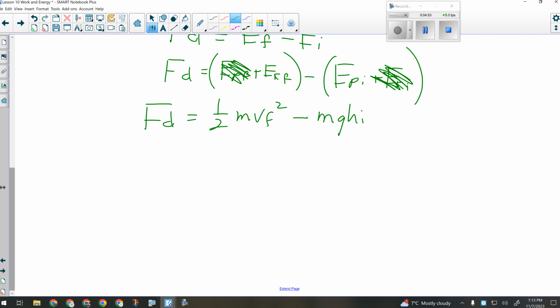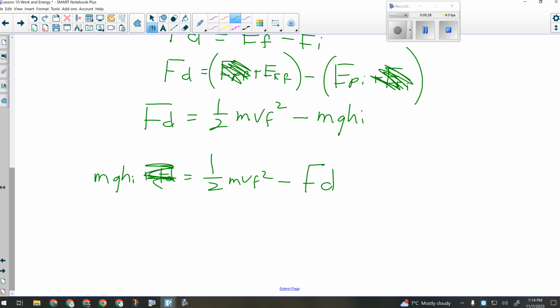Okay, is initial potential and final kinetic. So can I isolate the initial height, since that's what the question wants? The only trick to this is that this is negative right now. So what I often do to avoid that is I'll add this over to this side. So I'll have mghi plus fd equals 1/2 mvf squared, and then I'll subtract fd over to this side,